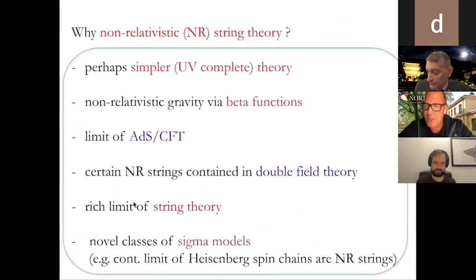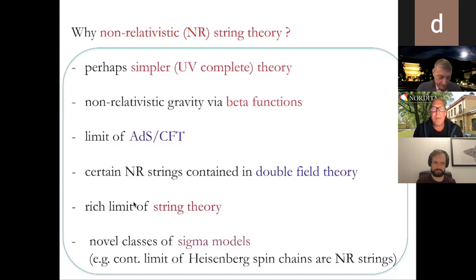Yeah. So this talk is about non-relativistic string theory, and in particular, a novel type of target space geometry that we recently found to describe this. But in fact, there has been in the last 5 years a lot of activity centered around non-relativistic string theory. In fact, also relatedly, non-relativistic quantum field theory, non-relativistic gravity. But focusing more on string theory, here are some motivations why non-relativistic string theory, or the corner of string theory as we know it that has non-relativistic features such as a non-relativistic spectrum, might be interesting.